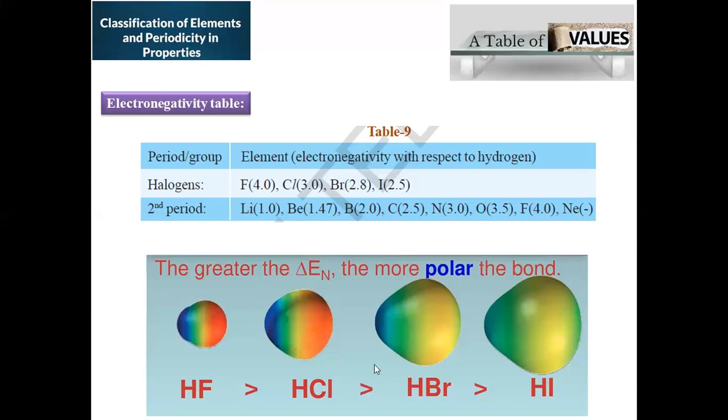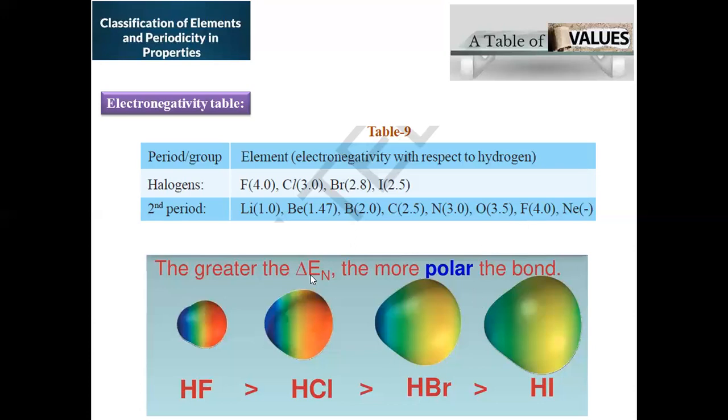Right. With respect to electronegativity, the polarity of the compound will be assigned. Before going into this, what is the trend of electronegativity in a period? From left to right across the period, a gradual increase in electronegativity values is observed. This is because as the size of the atom decreases, electronegativity increases. So atomic radius is inversely proportional to electronegativity, right?